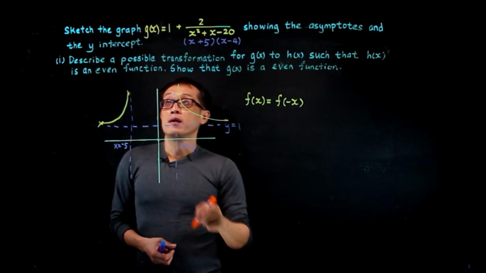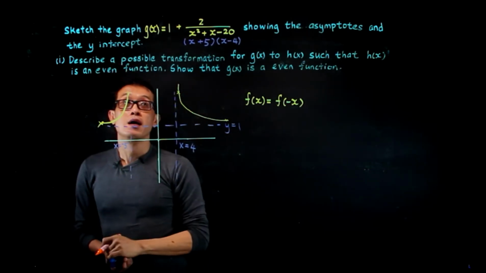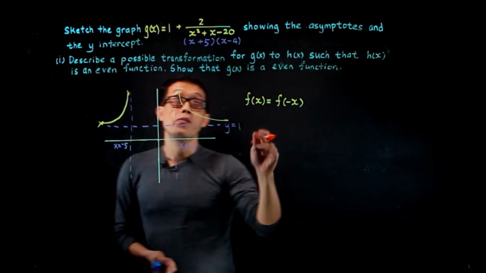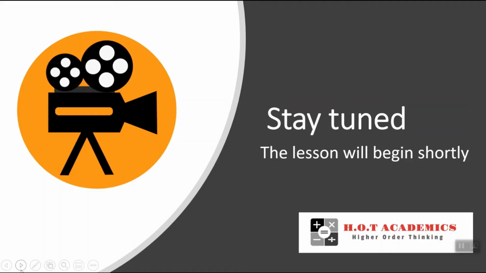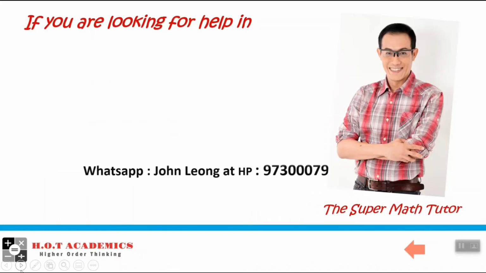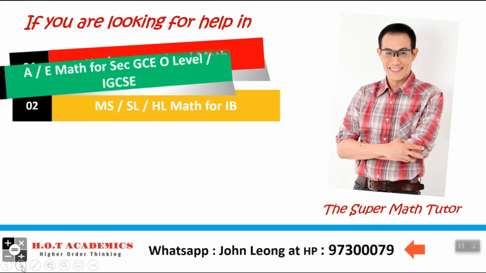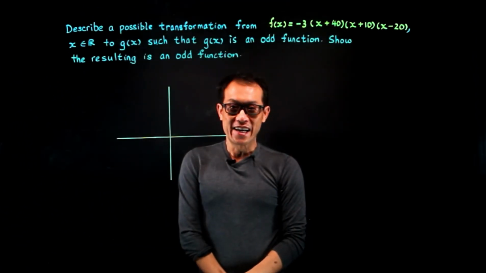Okay. Now, what is the y-intercept? Y-intercept means x is equal to 0. So you will have x equals 0, g of 0 will be equal to 1 plus 2 over